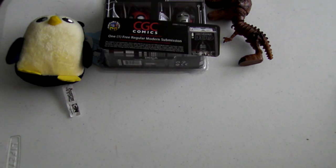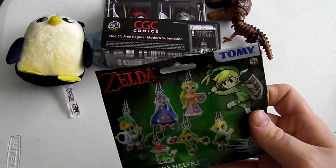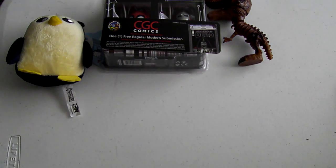Looks like I get a mascot dangler from Zelda. Now this is a blind bag, so I don't know which one of them I got. So I'm going to go ahead and just open it up and show you which one I got, if I can figure out how to open it. Uh-oh. Are there any perforated edges? Or am I going to have to use the scissors? I'm going to have to use the scissors. Where's the scissors? Give me the scissors. Okay. Let's go ahead and cut this open. Alright. Get this out. Oh, okay, it's actually in a...